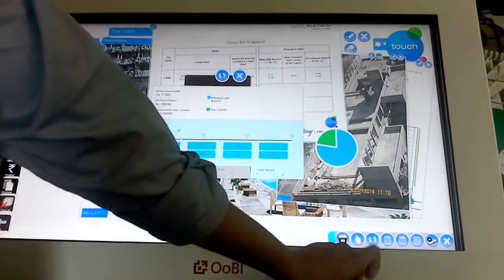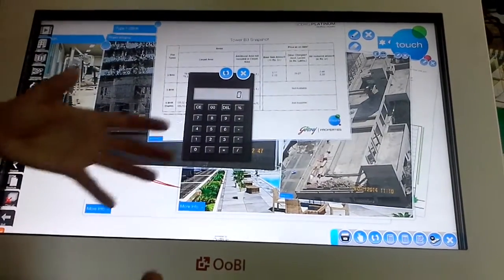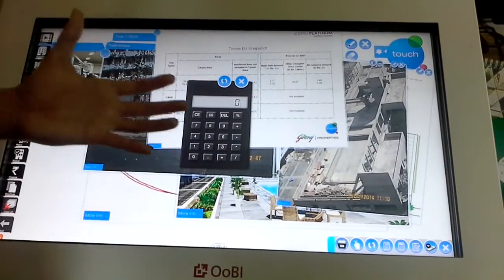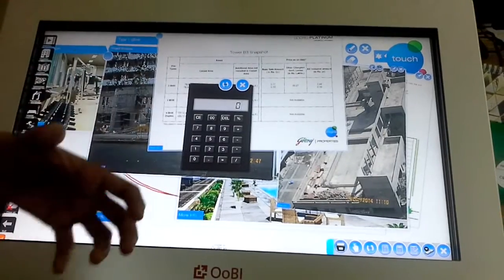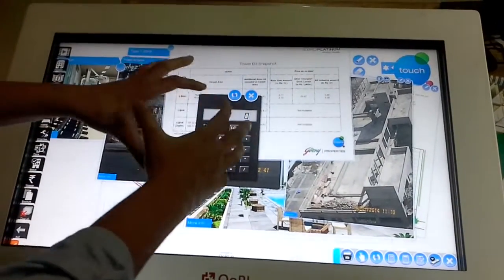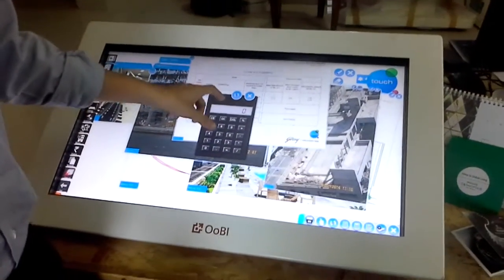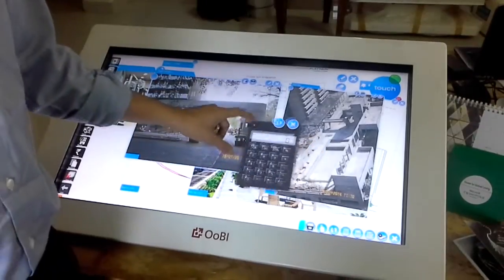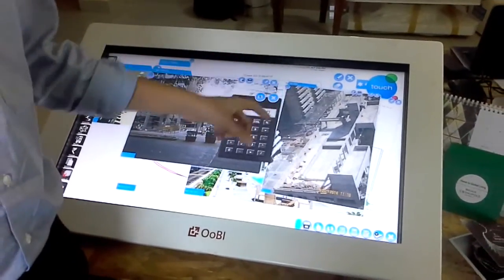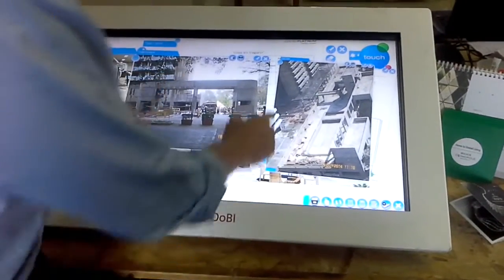So this becomes very handy for the end sales customer. It also avoids the sales executive juggling between brochures, price sheets and a calculator. Everything is over here, so they just have to focus on selling. We have also incorporated tools like a normal calculator and an EMI calculator, and there are also features like, for example,